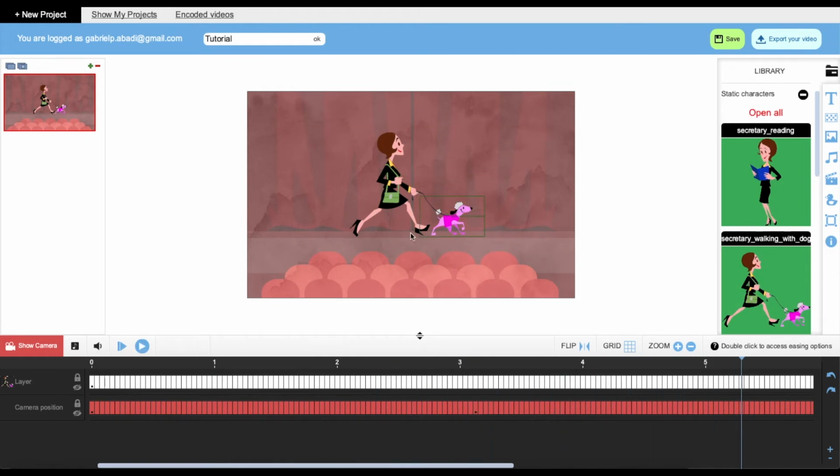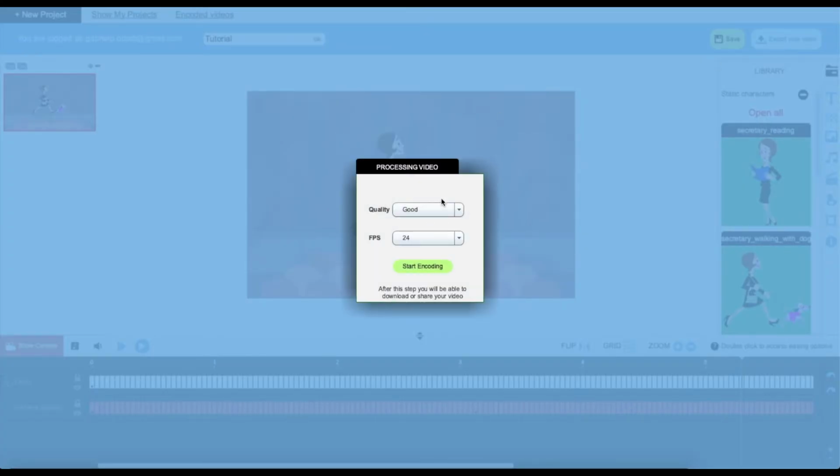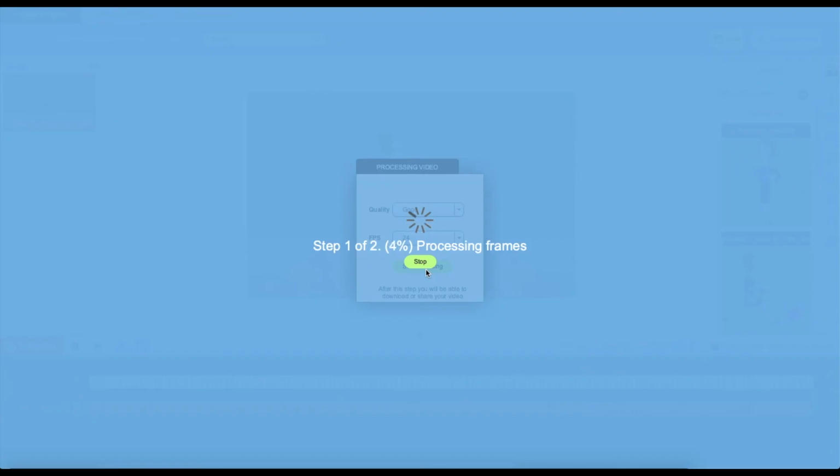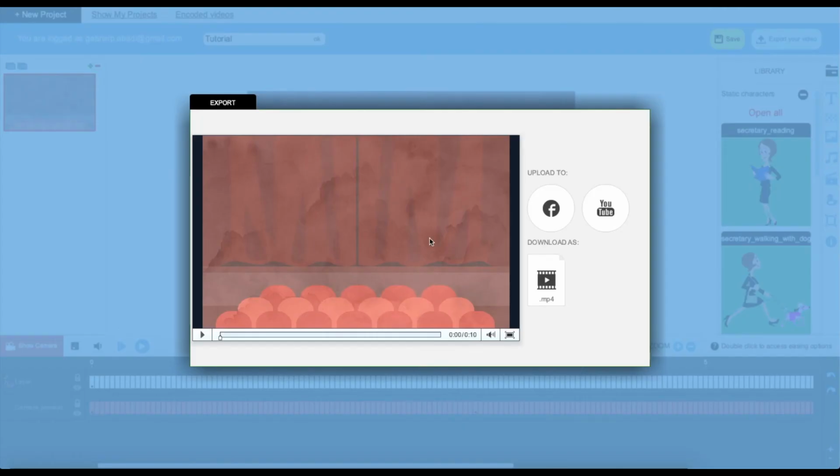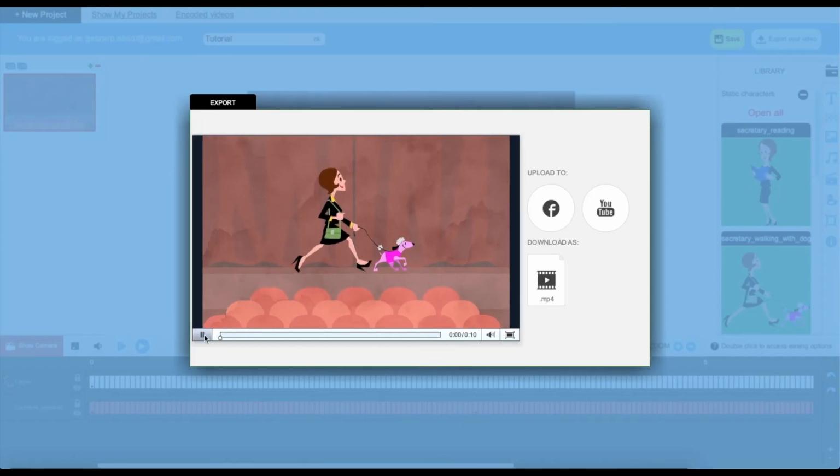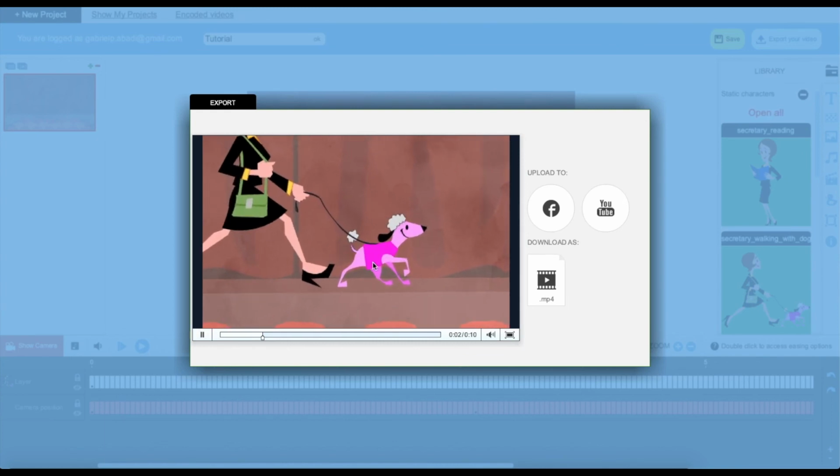And for this option I'm going to export my video so you guys can see how it would look. But this is basically how you guys use the camera and zoom in on an object. And to export it, we're going to click on export your video, quality good, FPS 24, and start encoding. And once it's encoded, we're going to press play and it will zoom in on our dog, as you guys